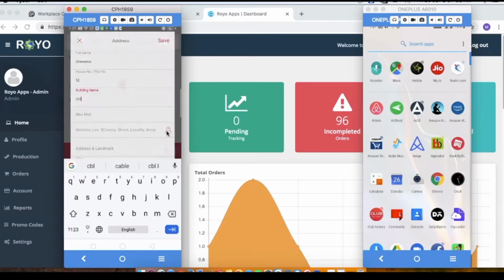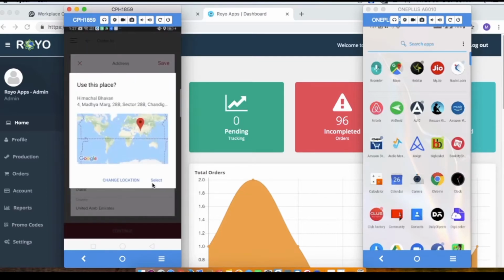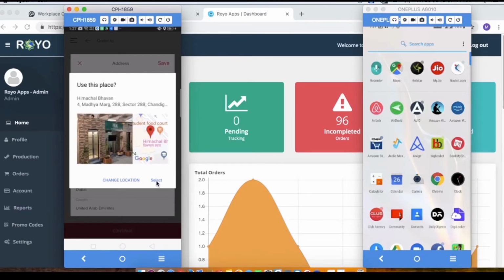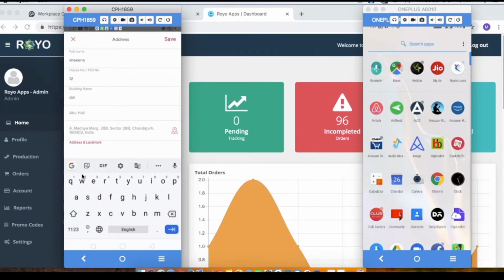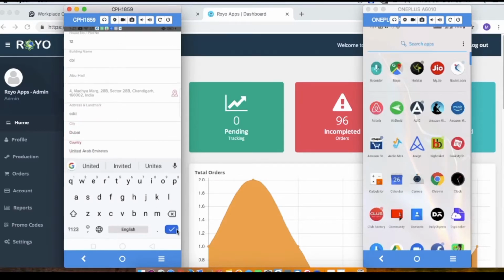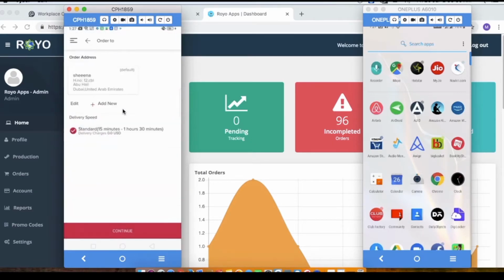select this location as I want to order at the current location, so it will automatically detect my current location. Just select this. Landmarks TCL. So as I have done all the details, just click upon the save button and the address will be saved automatically here, and I can just select this address and place my order. Just click on this continue button